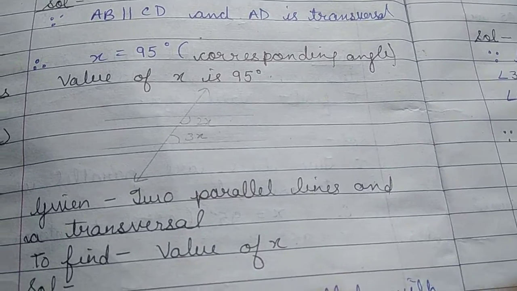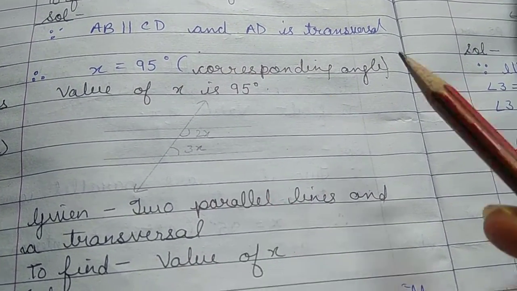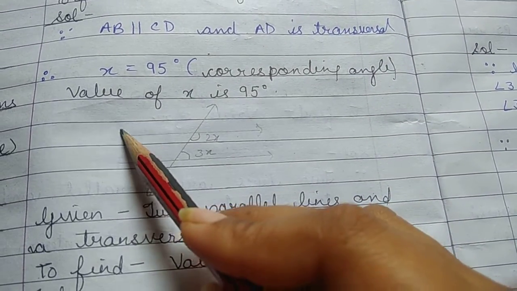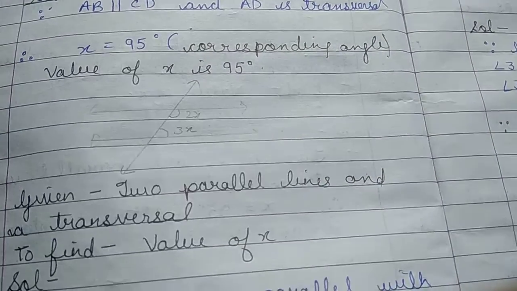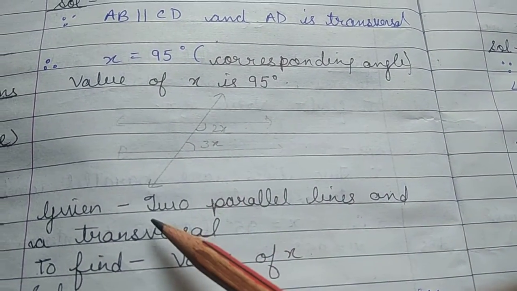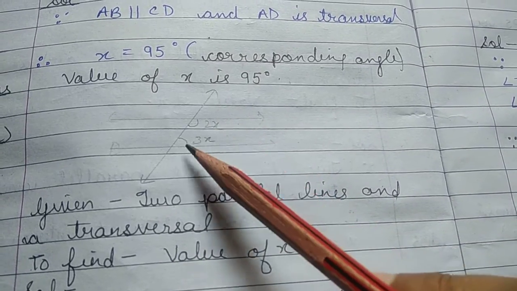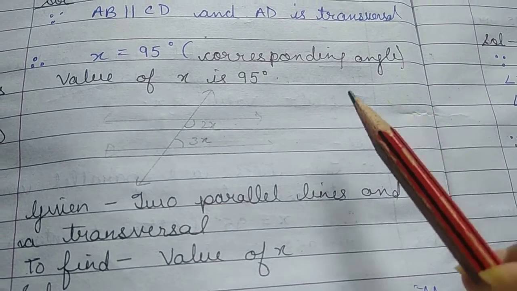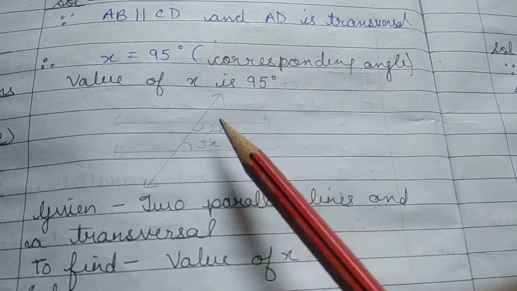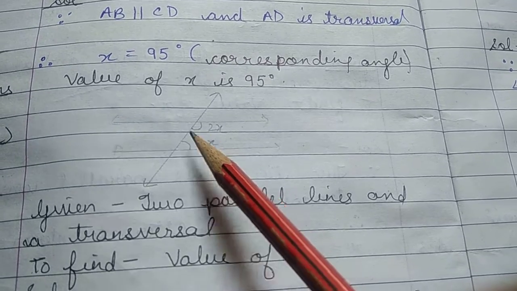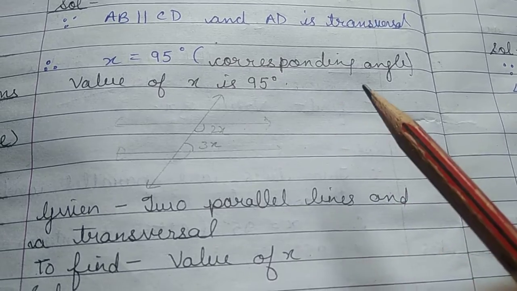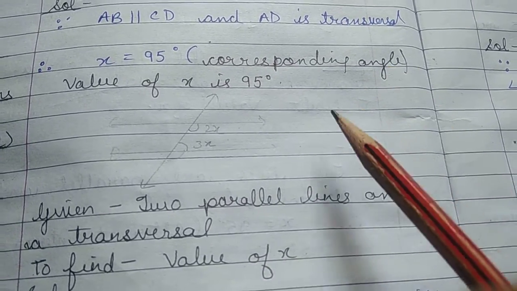Alright, next is again another property figure is given, and here you have to find the value of X. So now these two parallel lines are given and one transversal is given, and two angles are mentioned, 2x and 3x. Now just look at it carefully. Here both the angles are on the same side of the transversal, right? But one angle is below the line, 2x is below the line, and the other angle is not below the line. So we can't use corresponding angle property. First is cancelled out.